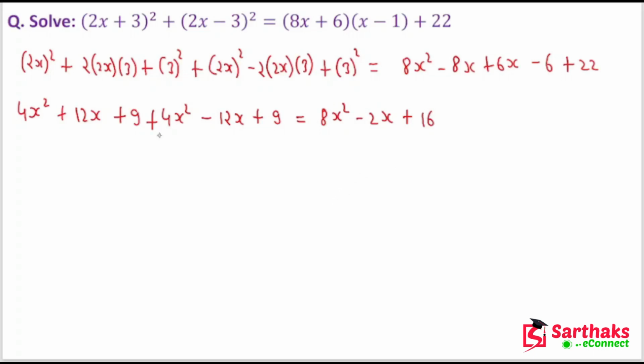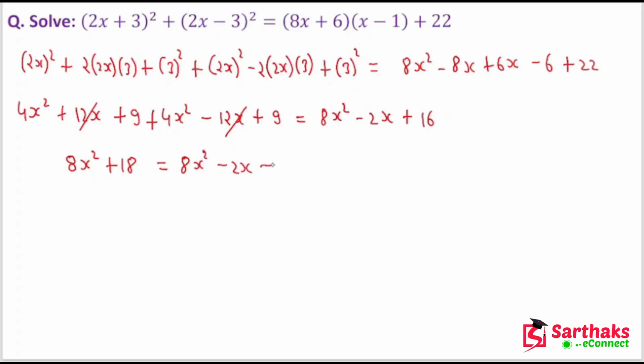So 4x square plus 4x square is equal to 8x square, 12x and 12x will be cancelled, and 9 plus 9 is equal to 18. Then we will have 8x square